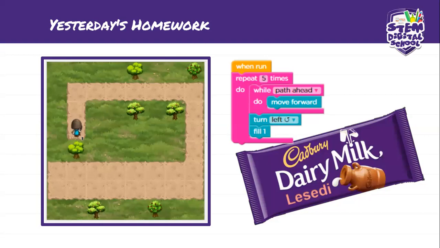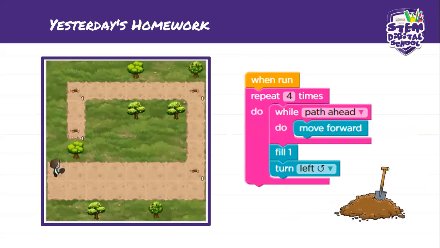She sent me her code, and I'm going to jump between hers and mine, and you'll see it is very similar, but there is one difference. I told you guys it doesn't matter if we don't have the exact same code. If there are differences, but your code still runs and performs the actions, then it's perfect. Mine repeats 4 times: while path ahead, we move forward, so while we can still move in a straight line,